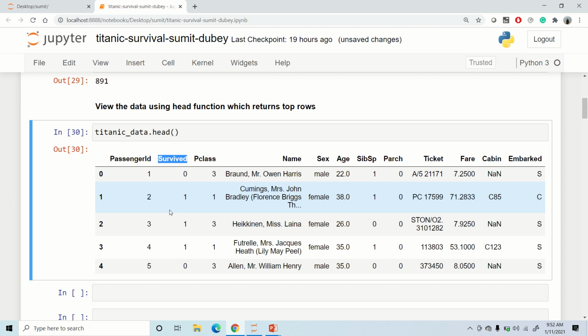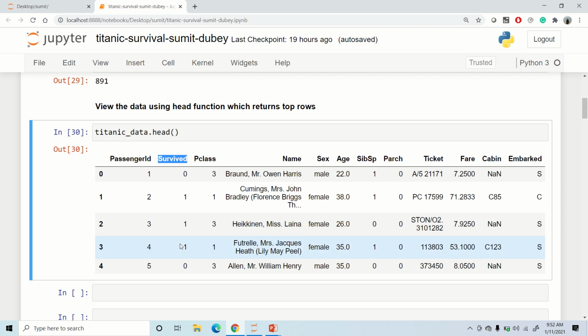This is the whole idea regarding the study of this data. Here we are going to make a prediction about the survival of the passenger. So this would be my target column. This survived would be my target column.